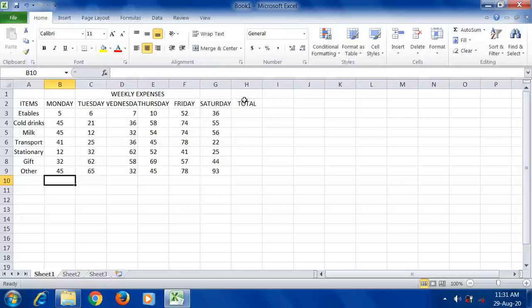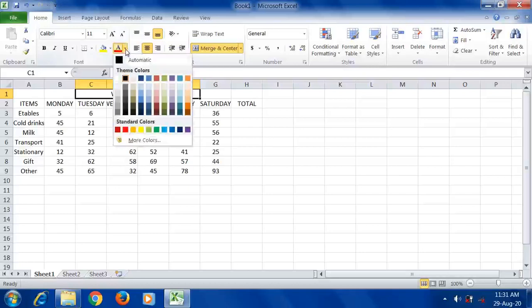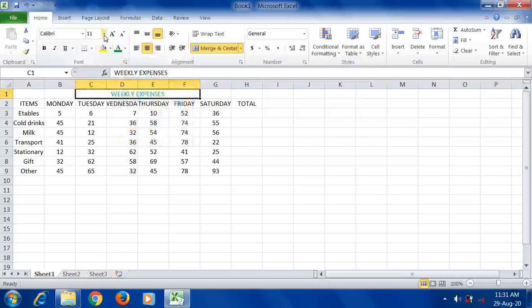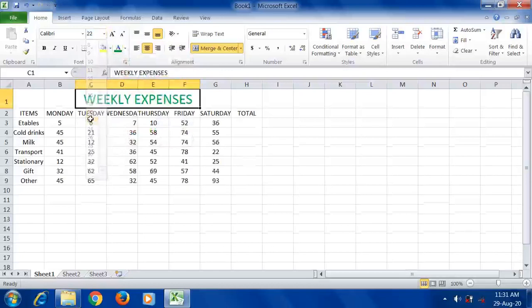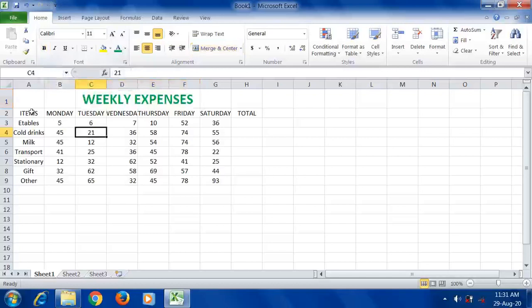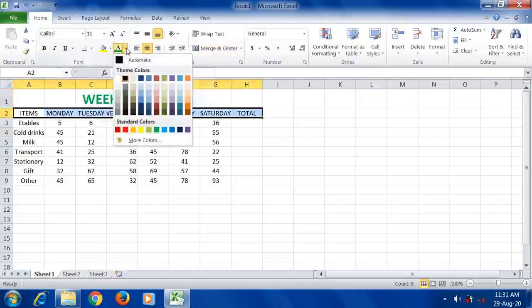Then afterwards, they have colored it. You can also color. Select that text, and the color option is given here. Just click and select the color. If you want to increase the font, increase it from here. If you want to make it bold, make it bold. Then these colors also they have changed, so let us change. We'll make it red. Click on this font color option and select red.